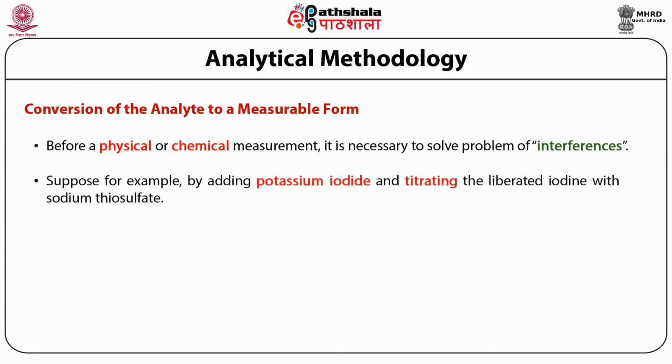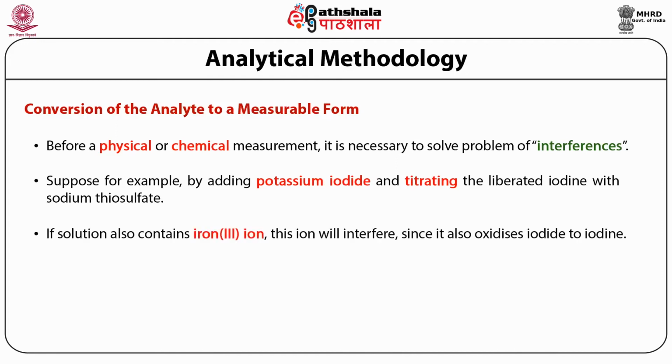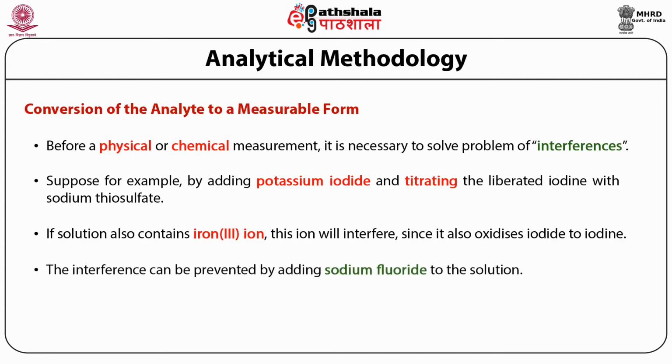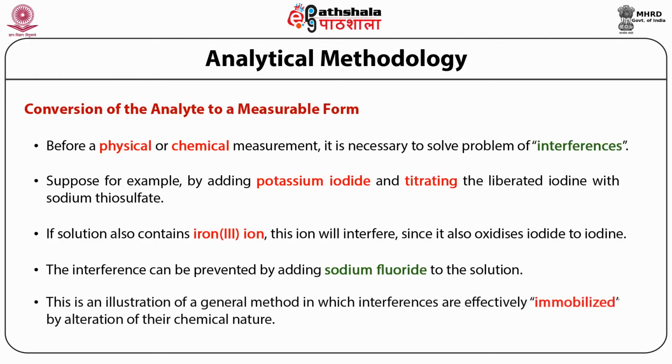Suppose, for example, iron(III) is present when determining a substance by adding potassium iodide and titrating the liberated iodine with sodium thiosulfate. If the solution also contains iron(III) ion, this ion will interfere since it also oxidizes iodide to iodine. The interference can be prevented by adding sodium fluoride to the solution, converting iron(III) into the stable complex anion, FeF6 3-. This is an illustration of a general method in which interferences are effectively immobilized by alteration of